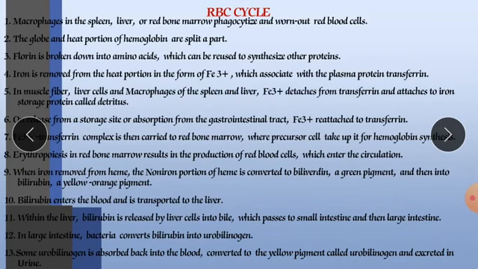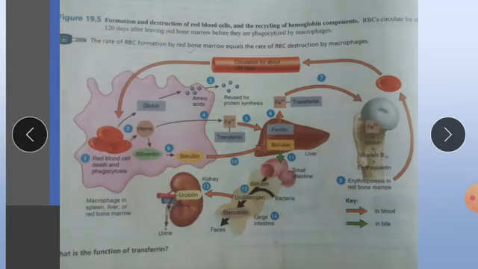Erythropoiesis in red bone marrow results in the production of red blood cells, which enter into the circulation. Once the RBC is produced, erythropoiesis occurs in the red bone marrow with the help of vitamin B12, globin, which is a protein, and iron. By combining all, along with folic acid, which is also responsible for erythropoiesis, they produce new RBC, and this new RBC will circulate in our blood all over the body. They are ready for circulation and oxygenation, carrying oxygen from one cell to another cell.